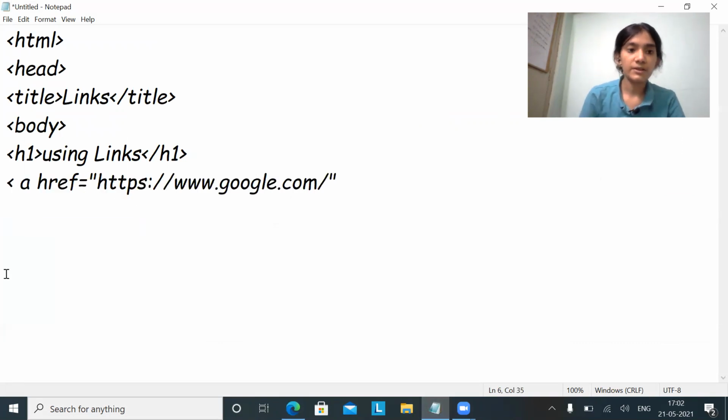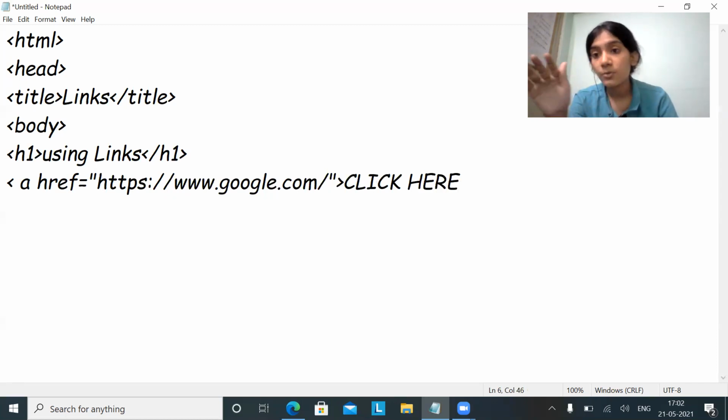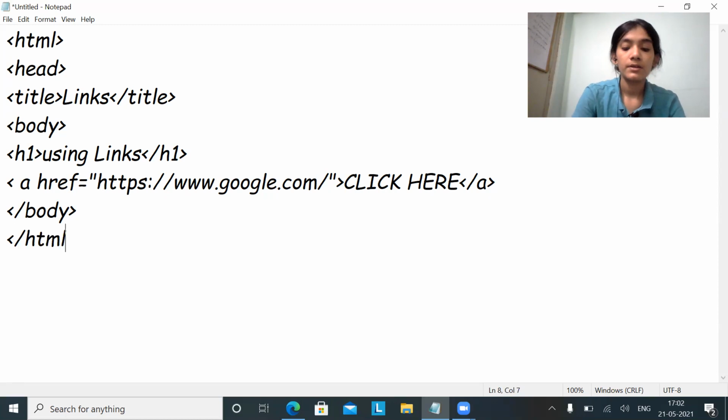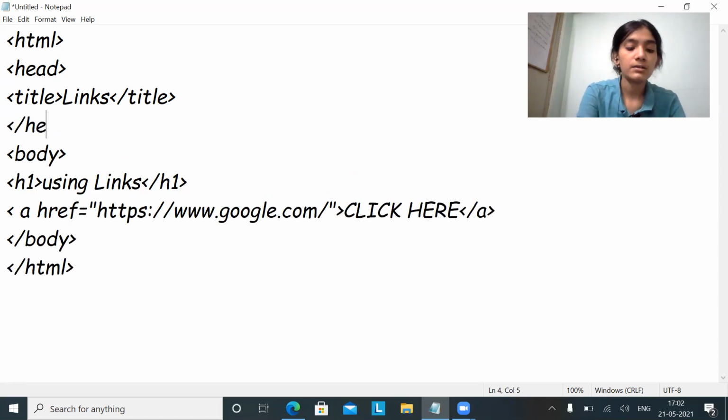This is my value, and I will write a text. This text will be hyperlinked, so it will be in blue color with an underline. Then close the anchor tag. I'll close the body tag and the HTML. Oh, I forgot to close the head tag. So close the head tag and we are done.